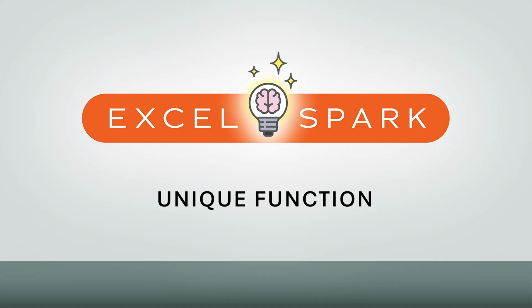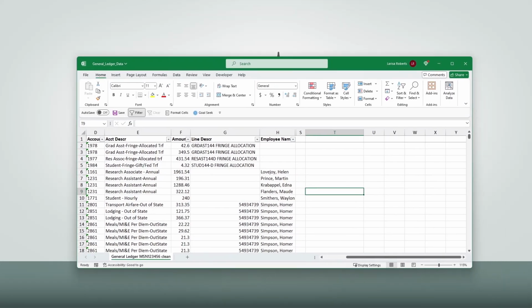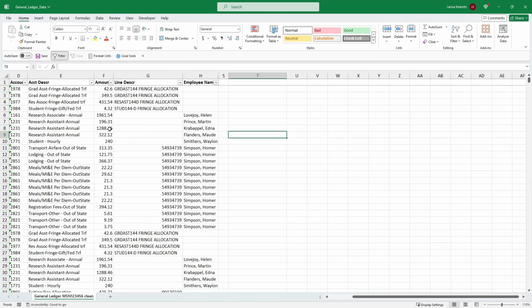This is especially good, I think, for those of us who are working with a lot of general ledger data. So here's my example. I have a lot more data between H and S. I just have it hidden, but this is a spit out of general ledger data on a specific award. So on this award, we have various projects. We're paying students, we're paying faculty, we are charging travel, and each particular line of expenditure is its own row